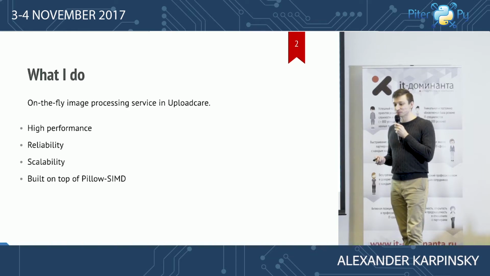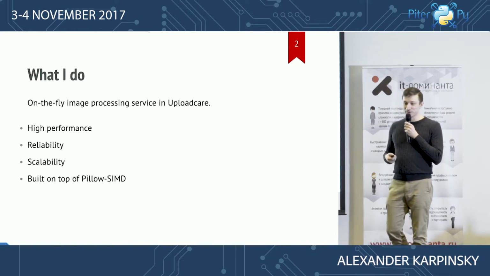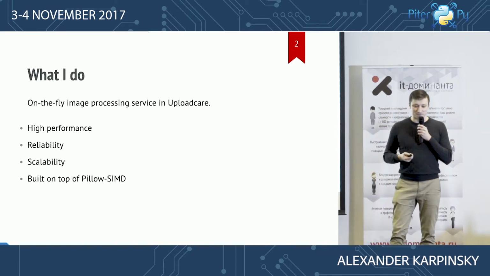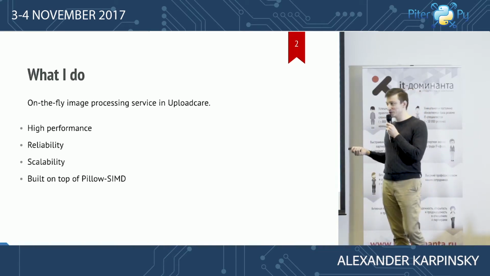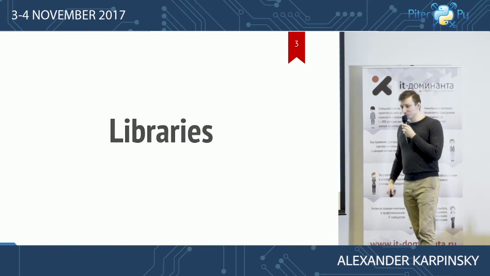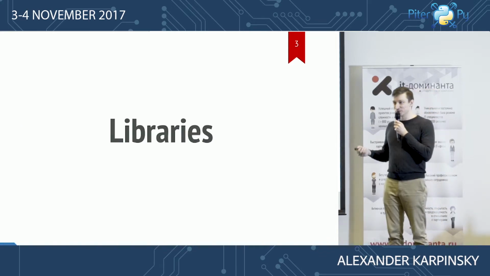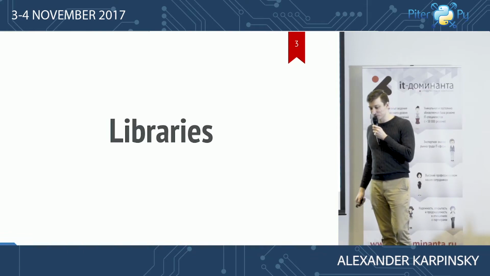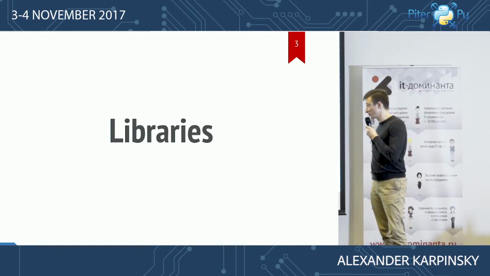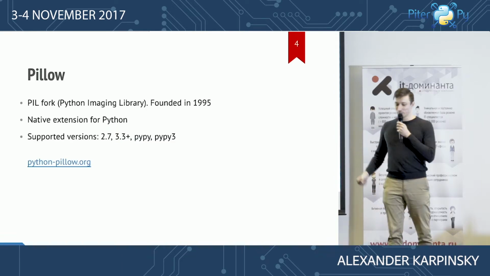That's why its speed, reliability, and easy to work functions are useful, and we use Pillow as the graphic library. To be able to tell you the other details, I need to describe the libraries I'm going to mention